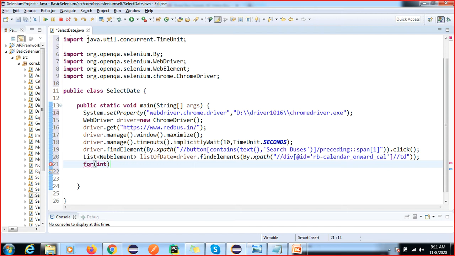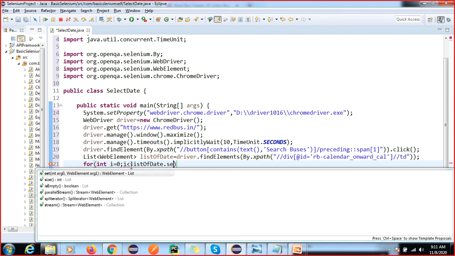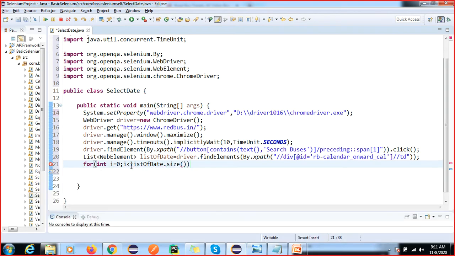I'm going to iterate with i equal to 0, i less than or equal to the size, since inside this list we have the size method. It will iterate as many times as there are objects available inside it.